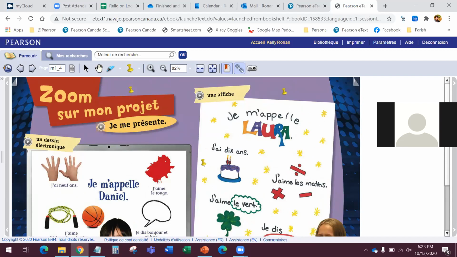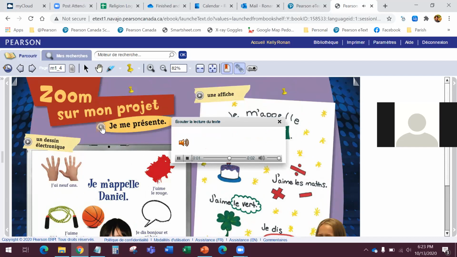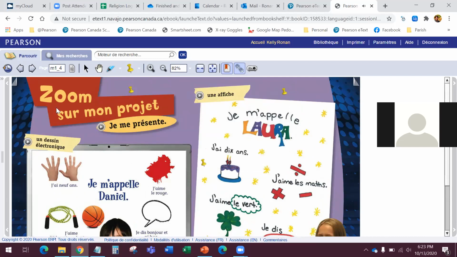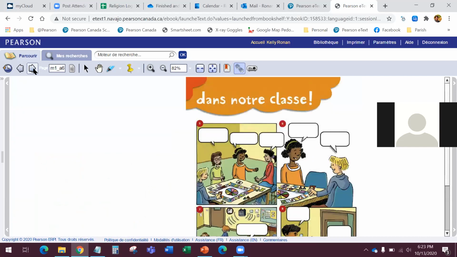play buttons. Je me présente. Une affiche. Un dessin électronique. So anywhere that you see, as you're scrolling through the pages, anywhere that you see that gray